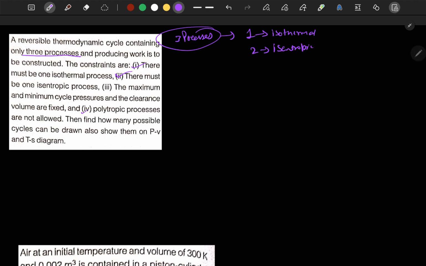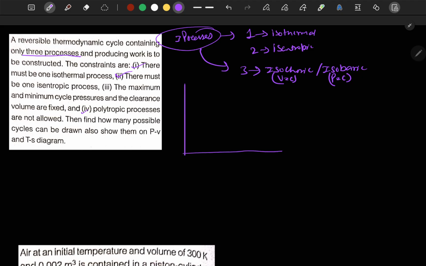So it means that for the third process we have two options: isochoric or isobaric, that is, constant volume or constant pressure cycles. So let's draw a TS diagram. If they ask how many possible cycles can be drawn,